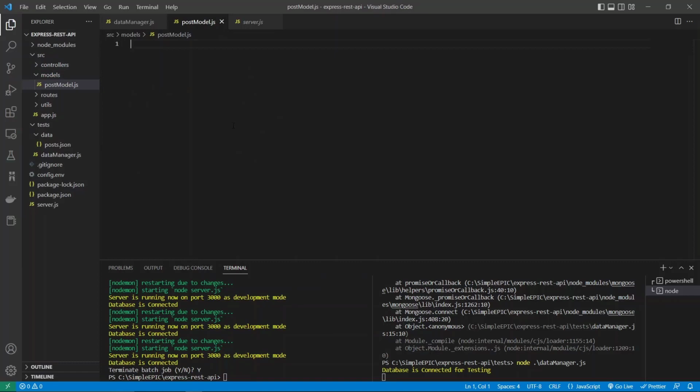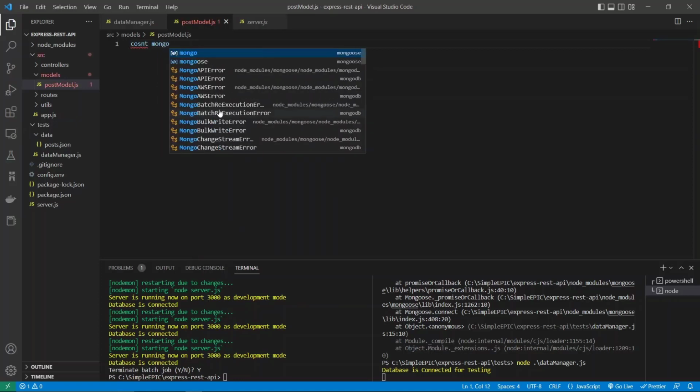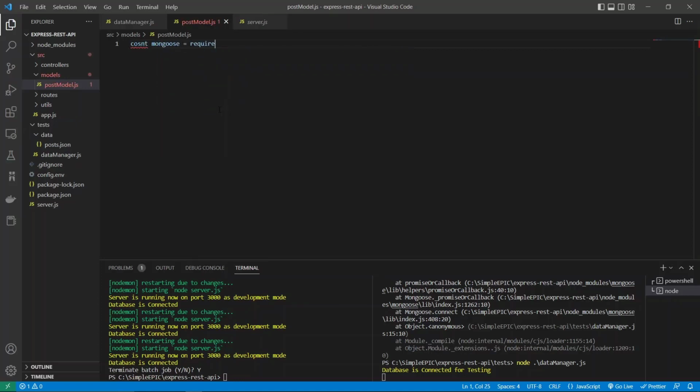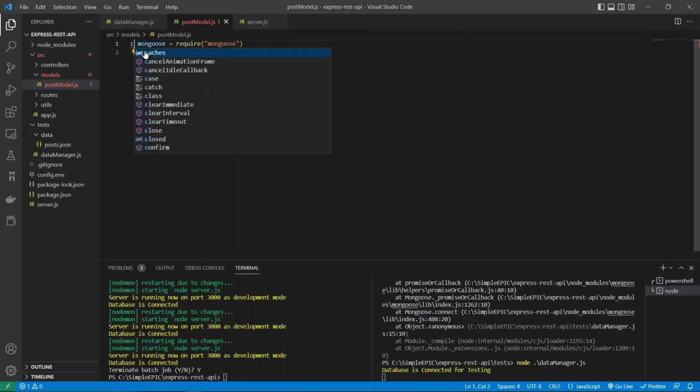So inside this post model, I'm gonna require mongoose again. So mongoose require mongoose, and this is const,